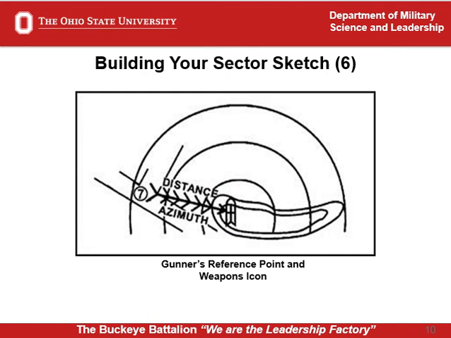All right, and last one is your gunner's reference point. It's from where your weapons icon is, like right here. They use the intersection that's right to your left, so you can identify when the person gets here for your left and right limit that they're seeing the exact same sight picture